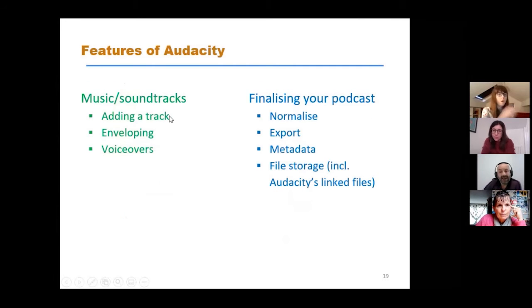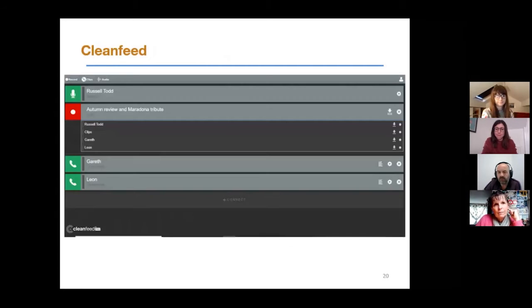Music and soundtracks, so we're adding a track. So I keep talking about tracks, enveloping, and then the voiceovers, which is that envelope tool. And then we'll be looking at normalizing, exporting, i.e. turning it into an MP3, because an Audacity file is not usable for anybody outside of Audacity, and it is enormous. The metadata, which is a real key for keeping, it's part of that respecting your listener, your following, your community, is